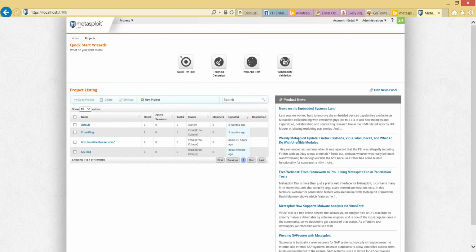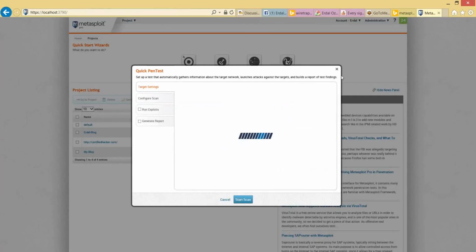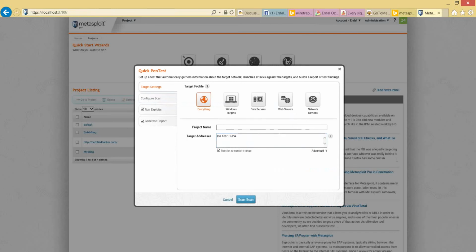Joomla, I think, yes. So feel free to share it with me. I did run a couple of reports because it's going to take some time, which we don't have here. What you can do is, very quick demo, you can click in quick pen test, for example. You can select targets. You can say, hey, my project is to find vulnerabilities, or let's say your MCT